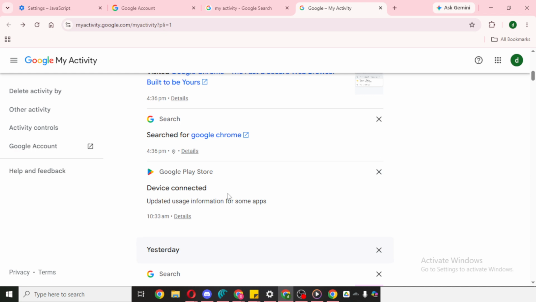As a quick tip, if you're searching for a specific page, stay focused on the entries shown in My Activity and review them slowly so you don't accidentally delete anything. This method is really about checking your saved Google activity and undoing a deletion immediately if it just happened. And that's it. That's how you can recover deleted history in Google Chrome using Google My Activity, as long as the activity is still available and you cancel any accidental deletion right away.